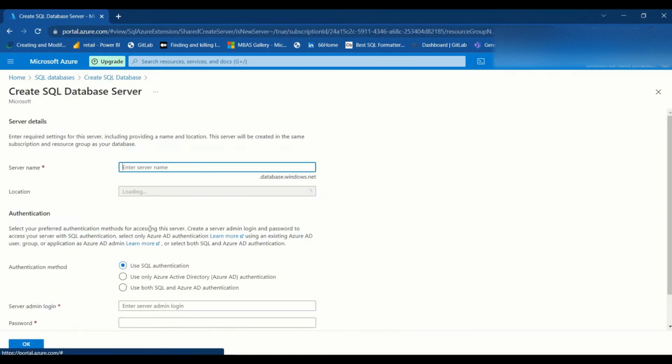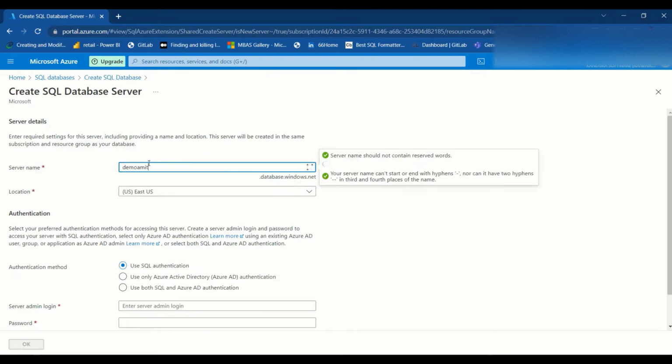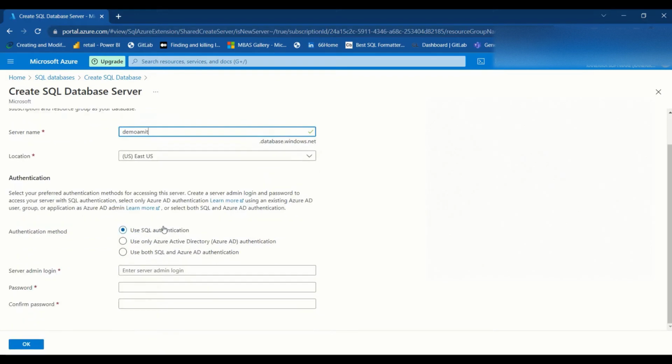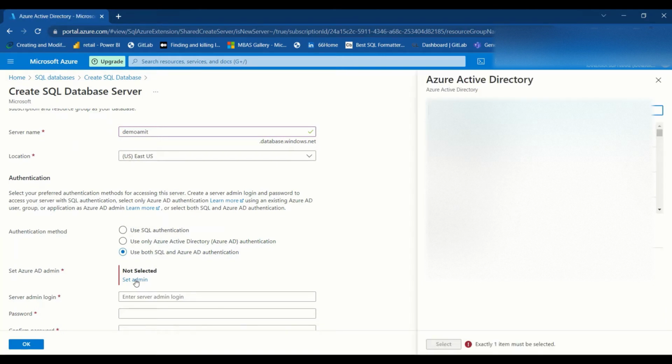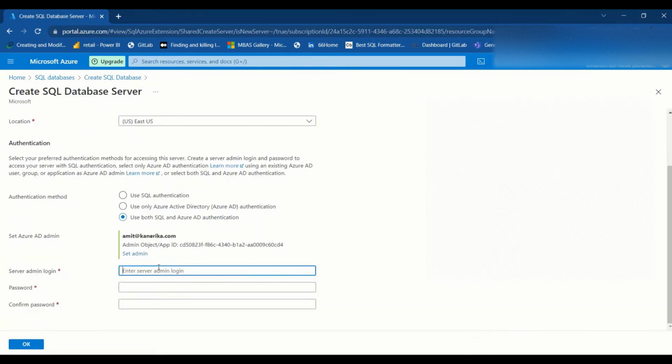Now server, I don't have a server, so let me create a server. Let me say demo Amit. Let's see, is it a unique name? Oh, demo Amit is unique. Now what kind of authentication? Use SQL authentication. Then it will ask me for the login, and I need to select a login. I will select myself only. Then I will create a login, and there are a few rules to create it. If you start typing, let's say admin, it says that admin is not allowed. So what I'm going to say is, let's say demo manager,